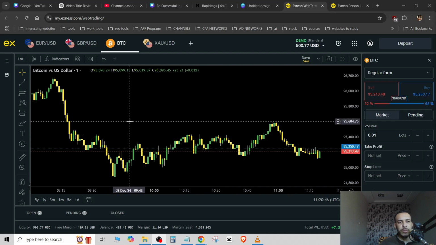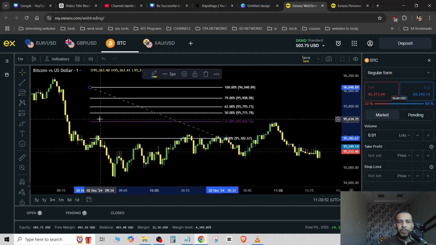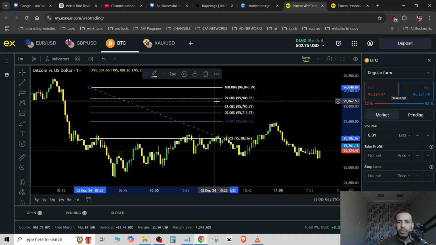First of all, open your Exness. Then let's add our Fibonacci. And let's say, for example, I want to remove, let's say, 79%. Okay, this level. So all you have to do is click on your Fibonacci, then go to the gear icon